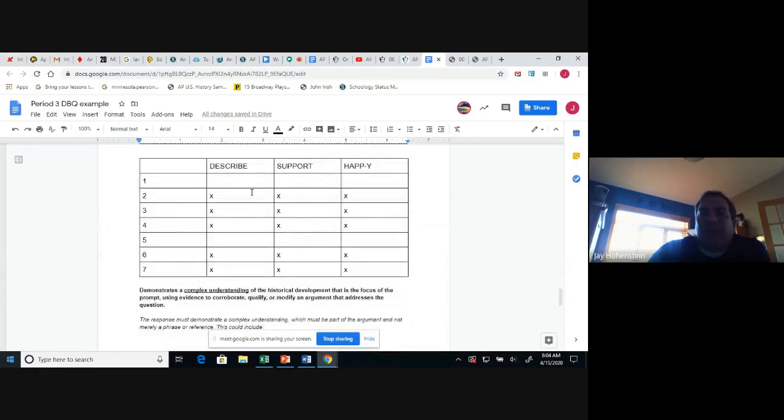You'll also find a chart that looks like this, where for 5 of the documents you are expected to be able to handle the documents in a way that is effective, since it's only going to be a 5 document DBQ. This category is for just describing the document. If you just had a summary, this is actually using it well in support of your argument, and this is using it effectively. Now, what we're going to be doing today is walking through the DBQ,